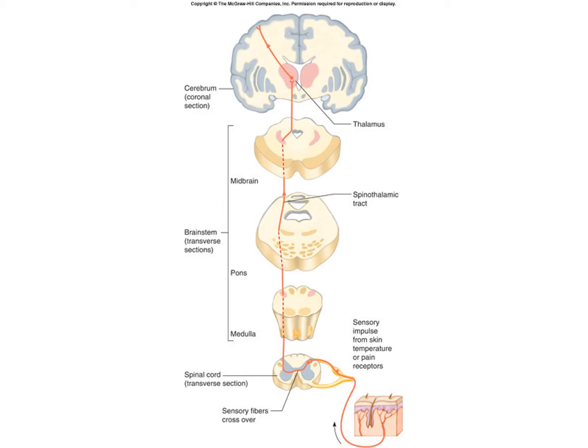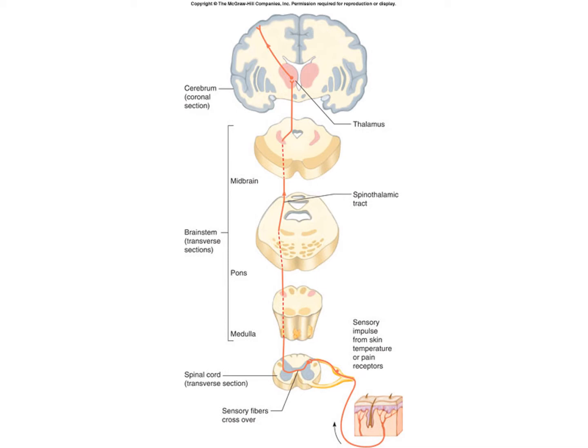Now notice how the axon of that second neuron crosses over to the left side and then enters an ascending tract. This particular one is called the spinothalamic tract,